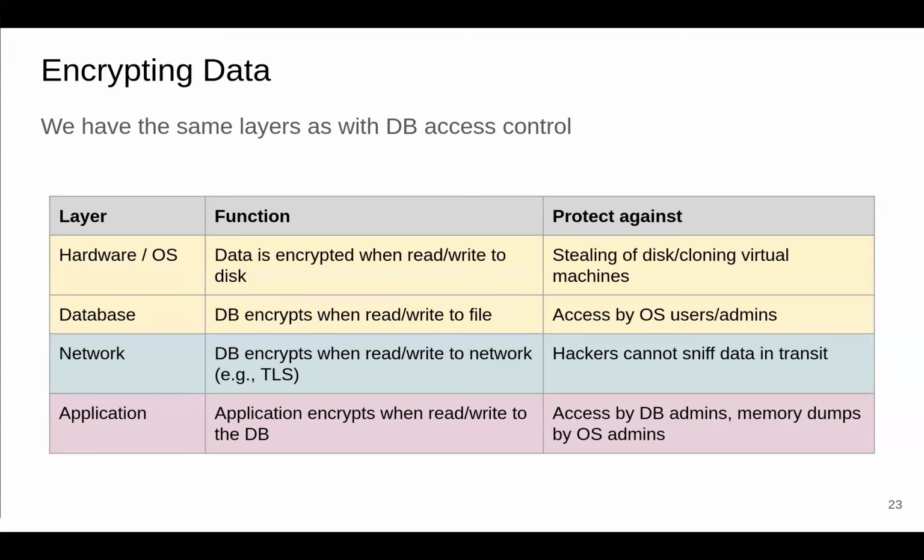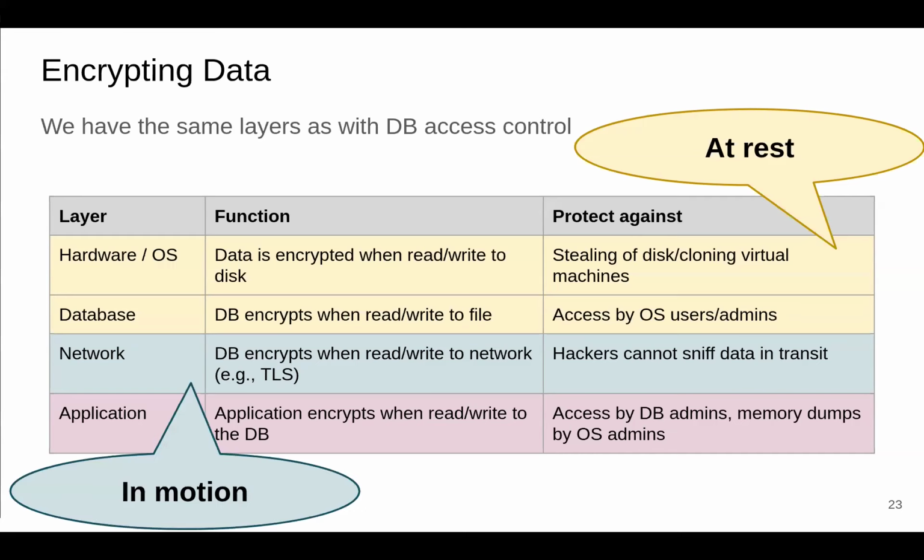So we're mapping this to yellow at rest. This is data that is not moving, it's just being stored, while data is somewhere on disk or not being actively used. We've got data in motion as it is being transferred, as in it is moving, it's not being computed on, but it's moving from storage to somewhere else. Right? And we've got data in use. And for each of these 3 different scenarios, we have to come up with a way to actually protect the data by, for example, encrypting it.